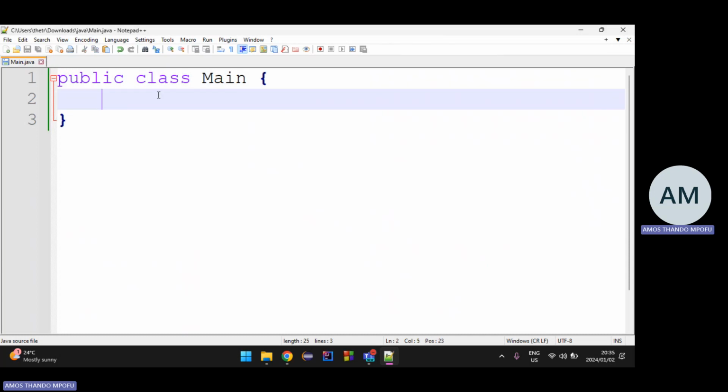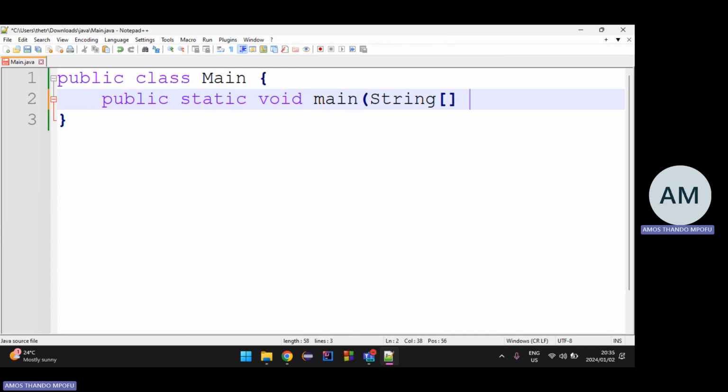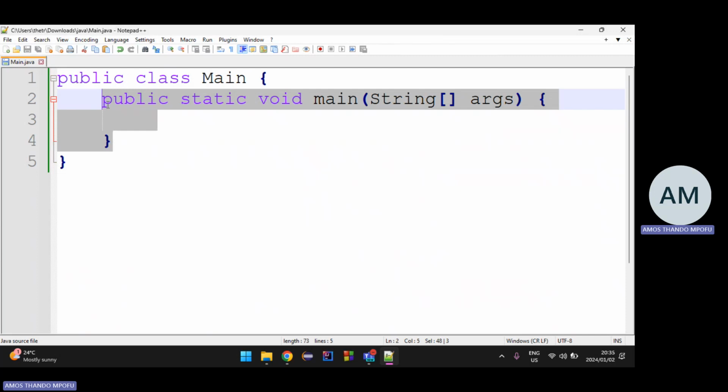This is always how you structure it. You're gonna say public static void main, and then you're gonna have an array of strings, arguments, and then there we go. And now this is my main function, right?